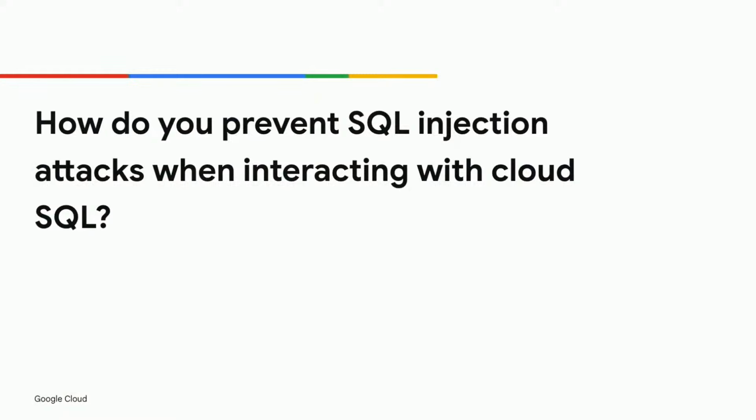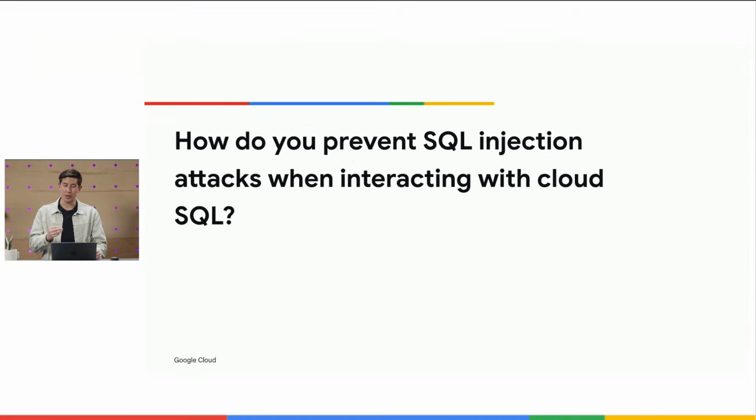Okay, how do you prevent SQL injection attacks when interacting with Cloud SQL? That is a great question. So one of the things that maybe I didn't make as clear as I could, when you write your GraphQL for Firebase Data Connect, all of those operations, the query-defined infrastructure, the queries are pre-saved. So if you are running a client application, you can't execute arbitrary GraphQL queries against the database. You can only hit the API endpoints for the queries that have been saved and defined by you, the developer.